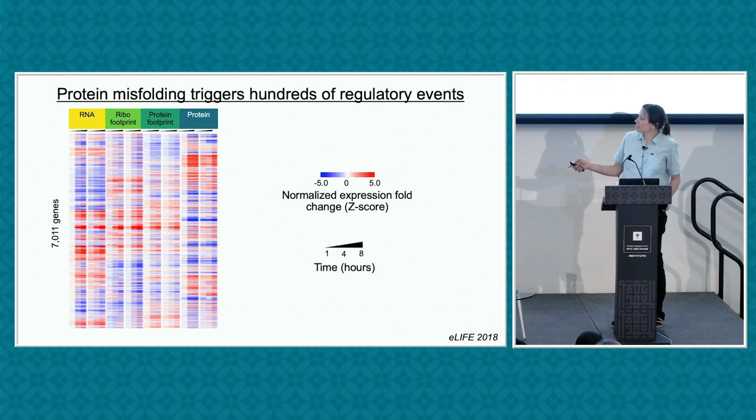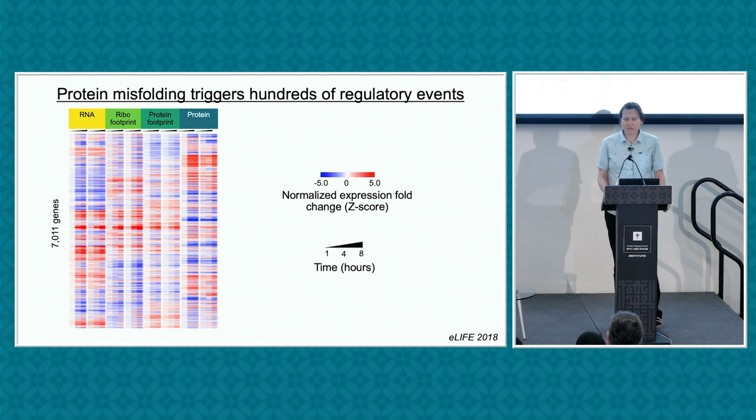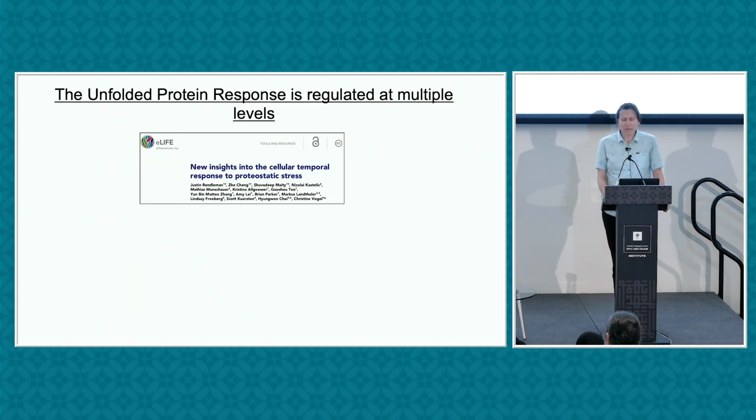We normalized everything. And what you can already see is that there is, for example, a good transcription response. Sometimes it's matched by a translation response, sometimes not. You see changes in the protein mRNA occupancy corresponding or not corresponding to that, as well as the protein level. What I do want to tell you about today is 2 extensions of this work that we're currently still actively looking at. One